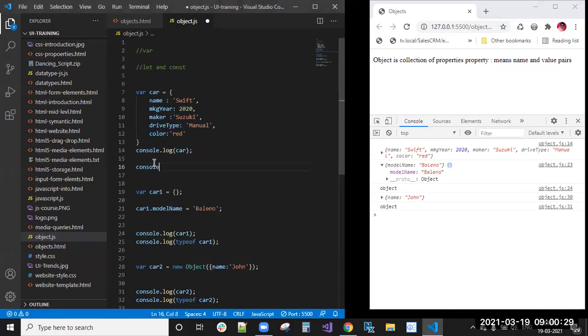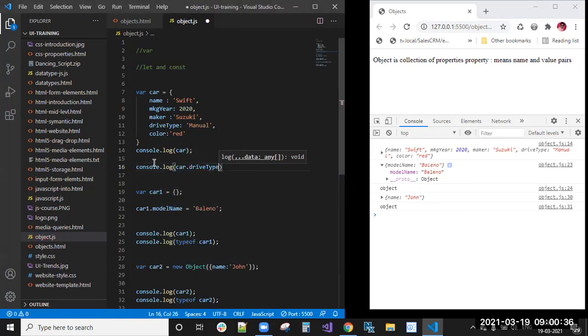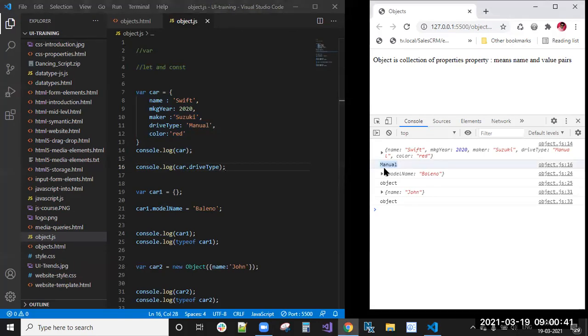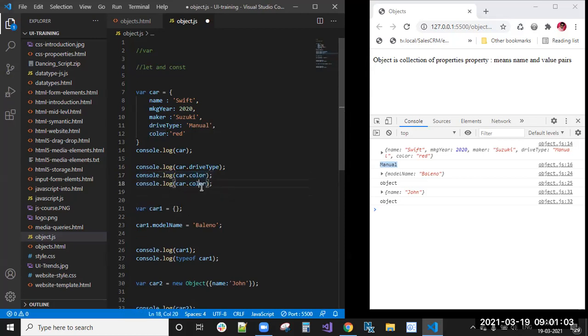Here I have written console.log of car. Now console.log of car dot drive type. Dot drive type means I will get manual. To access a property of an object, we use dot and the name. Here car.driveType, similarly car.color, similarly car.maker.